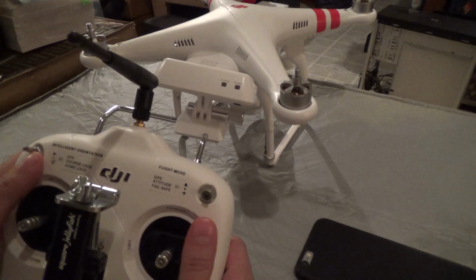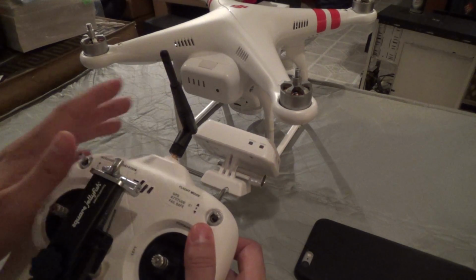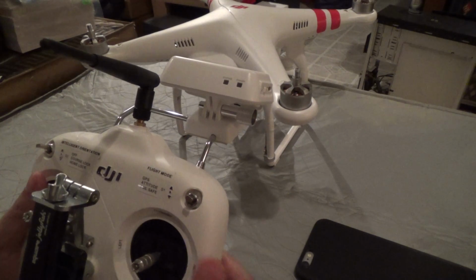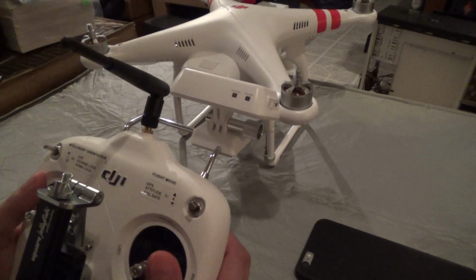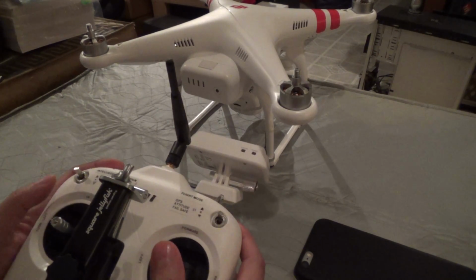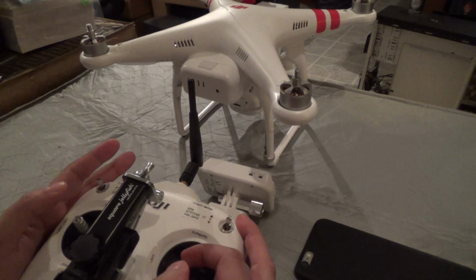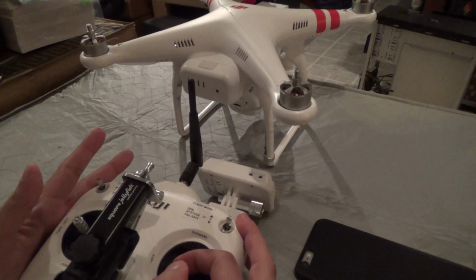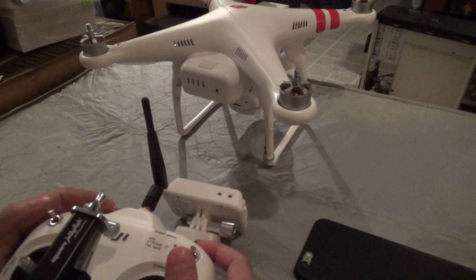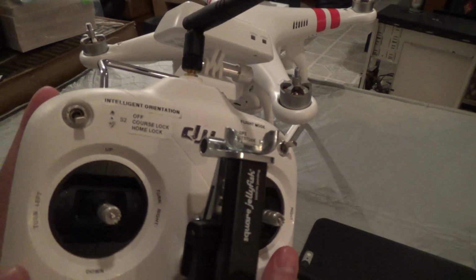Although I use failsafe as an absolute last resort when something happens, because now you're relying on the return to home, and I'd rather use it as an absolute last resort, just in case anything were to go wrong with it. So let's say you're flying, you lose FPV feed. Now let's say you went forward, you went backward, and you have your video feed again. Alright, now let's say you're in a different situation, and if you use home lock,